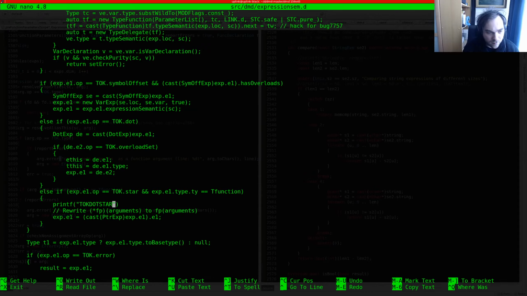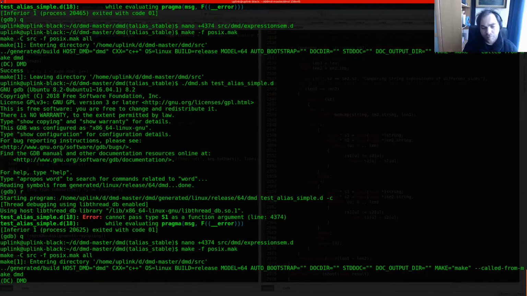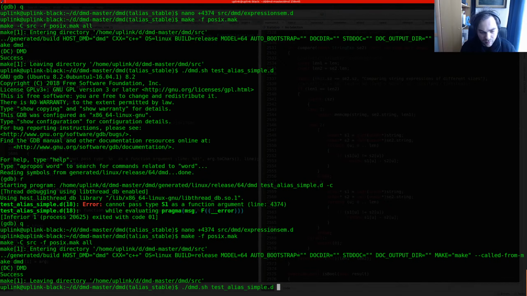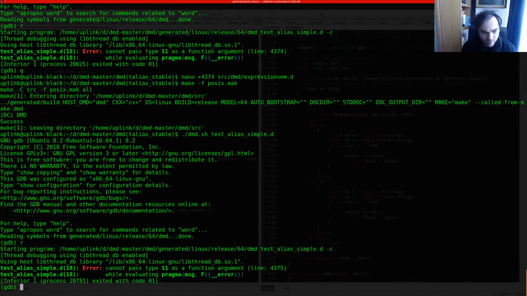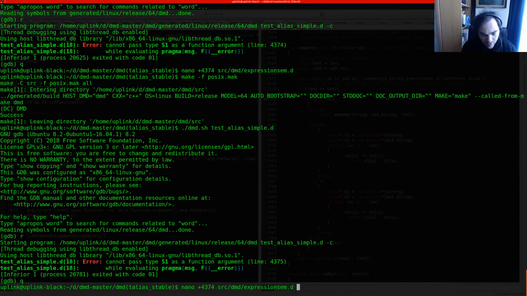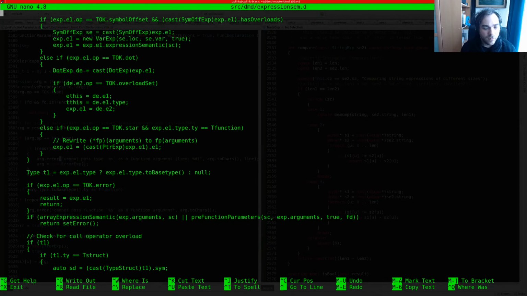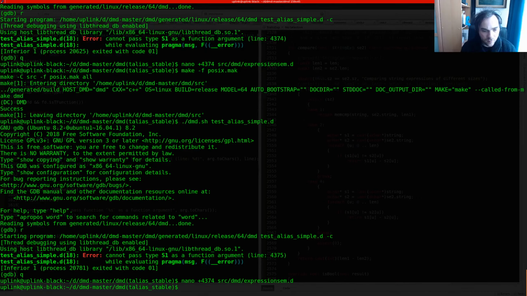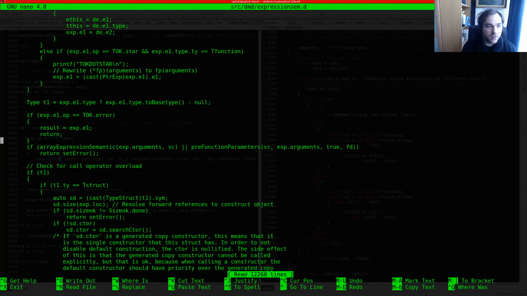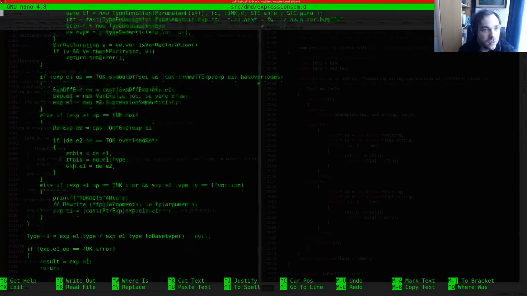Talk.star. And then we would see that when we run the function. We don't see the talk.star. So we can remove that printf. Did we recompile? I think so. Anyway, since we didn't see that,